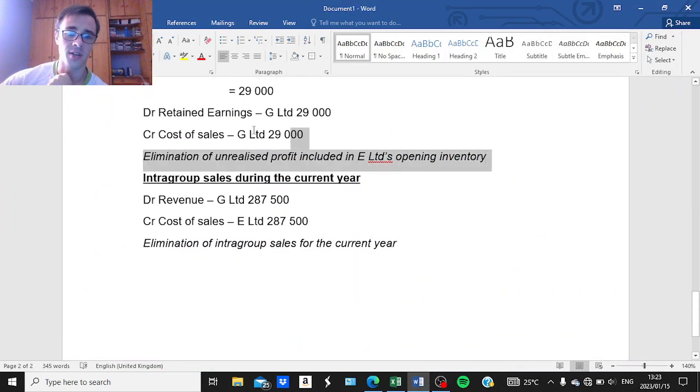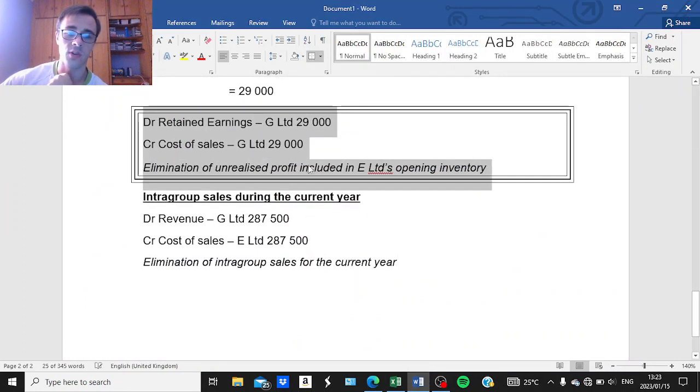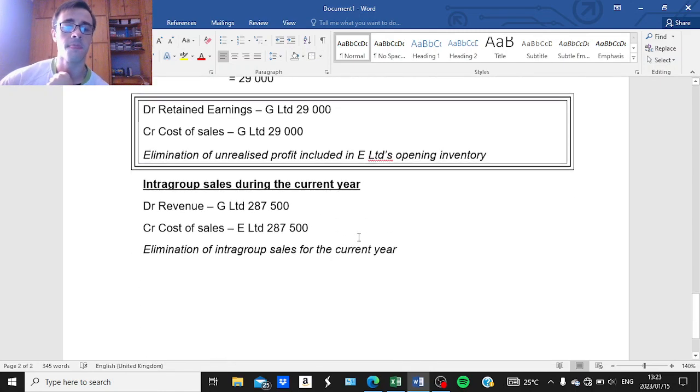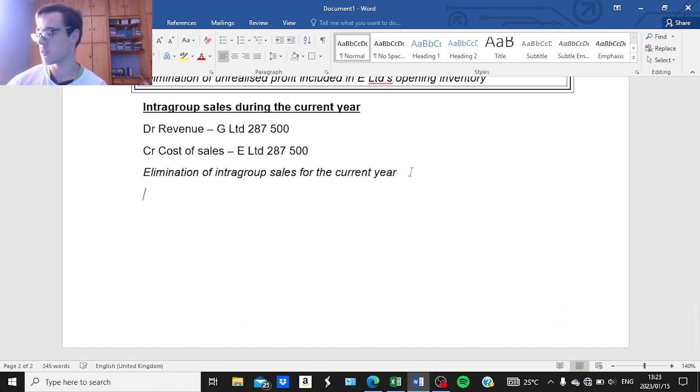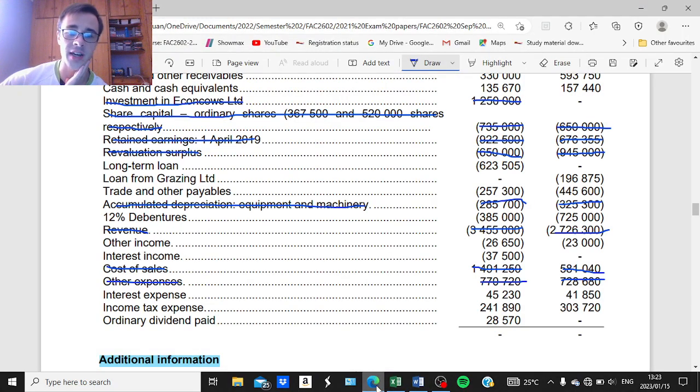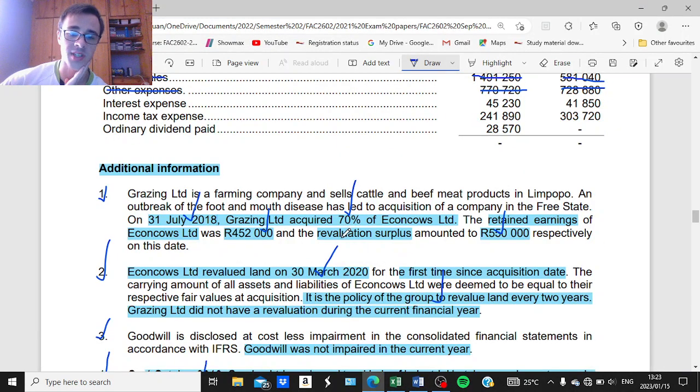Elimination of intergroup sales for the year, or for the current year at least. Okay, then we can move on to closing inventory. Now, first we have to take note of the details provided regarding the current year's intergroup sales,